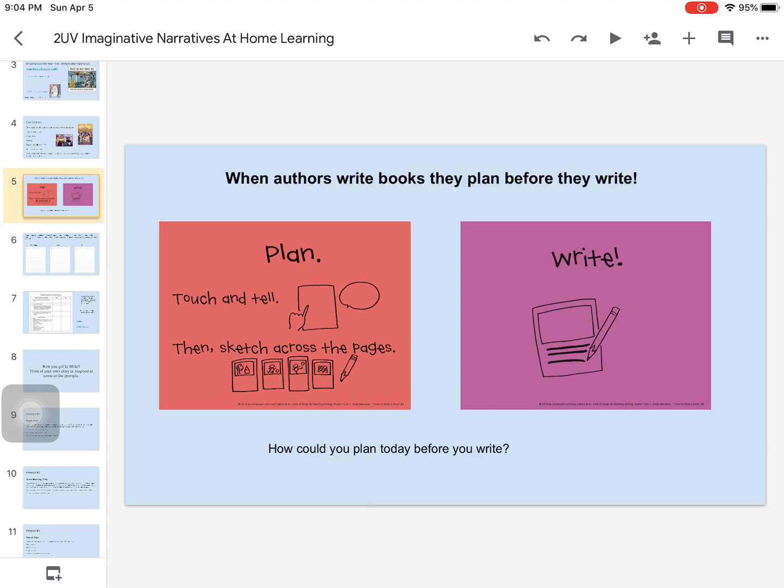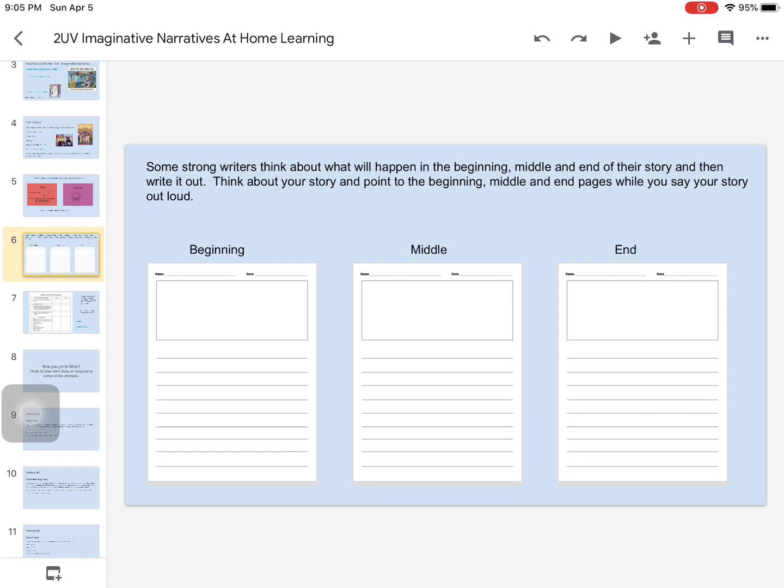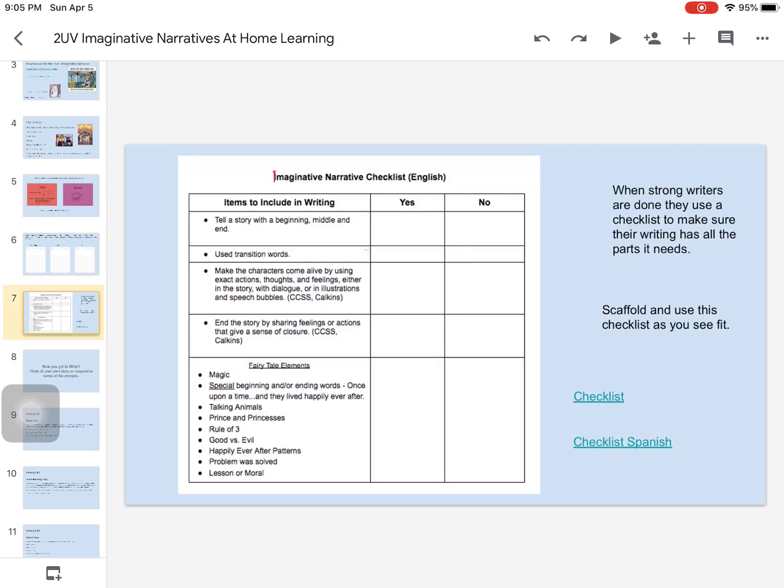Before you write your book, you should plan. Maybe you want to draw, maybe you want to talk about what your story is going to be, but how are you going to plan? You can also think about what happens in the beginning, in the middle, and the end of the story and plan it that way. This is a checklist that you could use when you are done